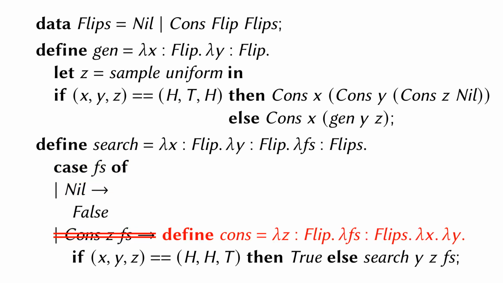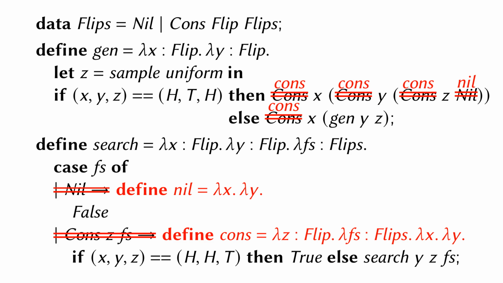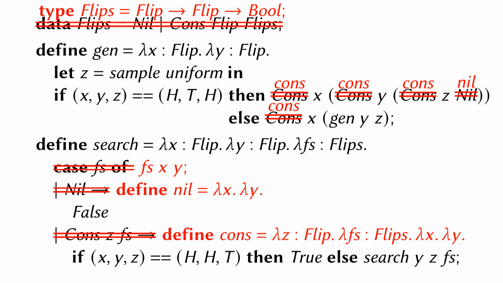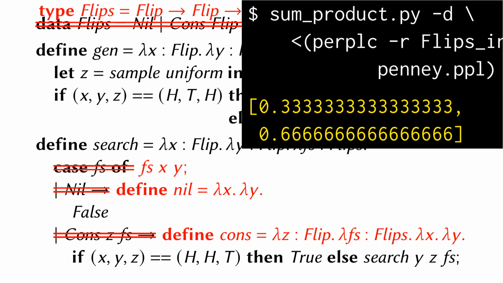For instance, we represent cons with a new function whose body is the same as the body where a cons is deconstructed. The inputs to this function are the two fields of the cons and the two variables used in the deconstruction. Similarly, we represent nil with another new function whose body is the same as the body where a nil is deconstructed. And because nil has no fields, the inputs to this function are just the two variables used in the deconstruction. Now, instead of constructing flips as a recursive data type, we construct functions. And instead of deconstructing flips as a recursive data type, we call those functions. This transform produces another program that no longer has a recursive type, and it also computes the correct answer for